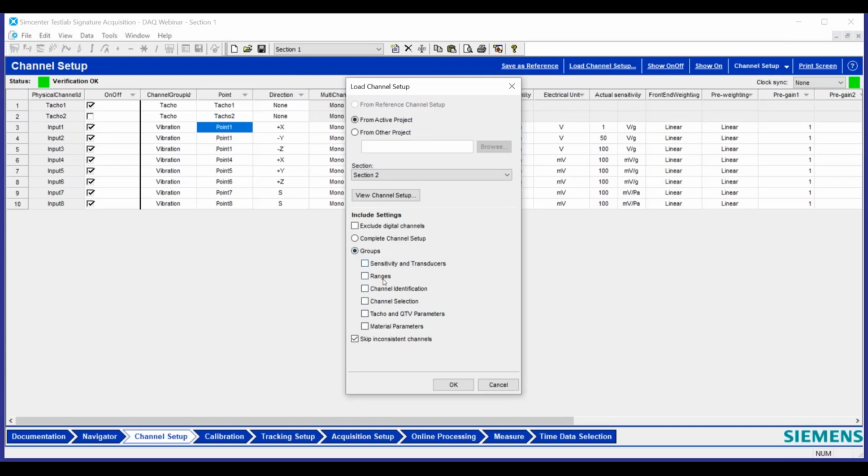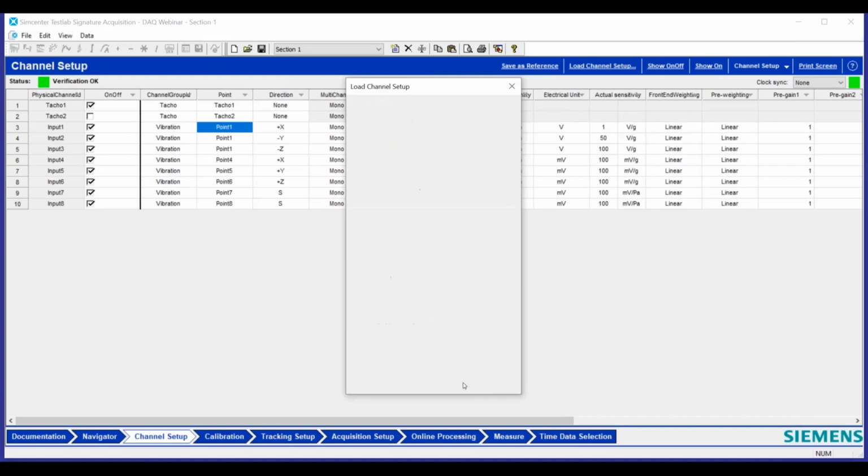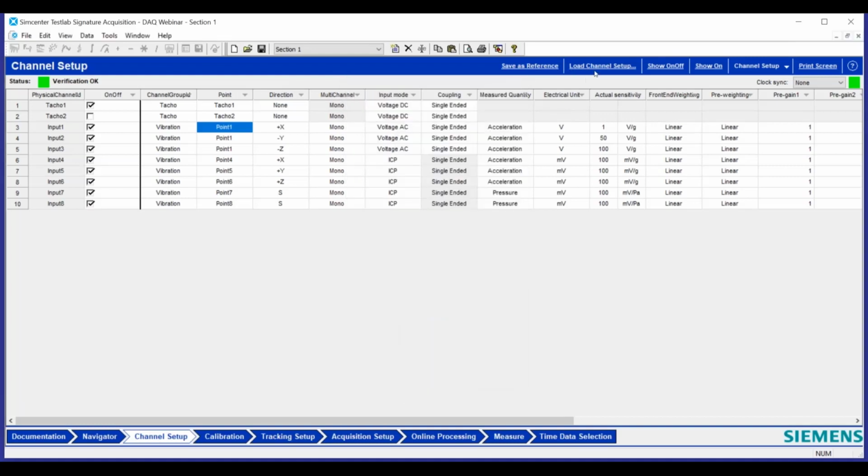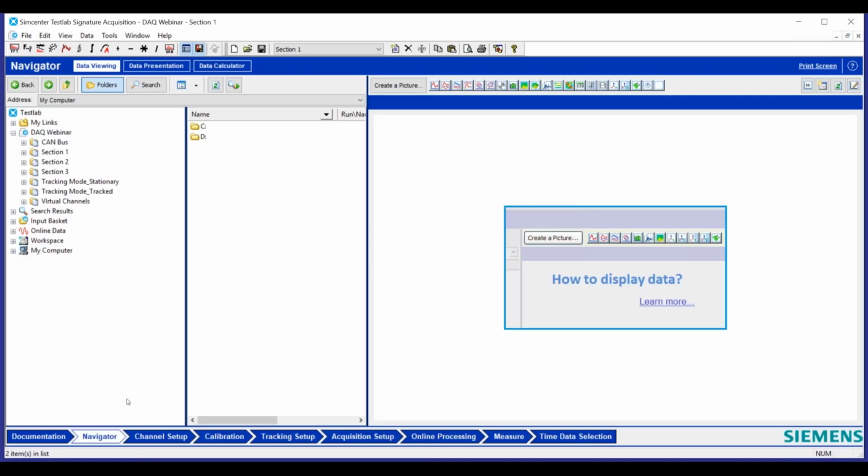So when you go to load your setup, you may need to turn this on so that it understands if I don't have those channels, to skip them. If I don't have the ability to use a strain gauge because I don't have that card. So that's a handy option. But nevertheless, you should always check after you do a load configuration. You should always check. Another way to load a configuration, for example, is actually some test data.